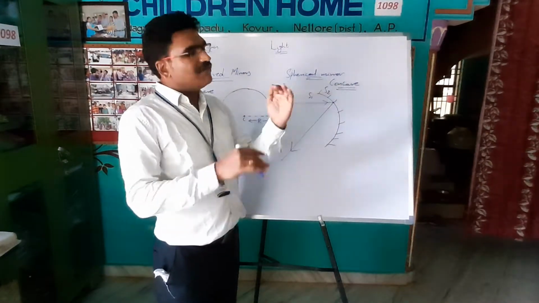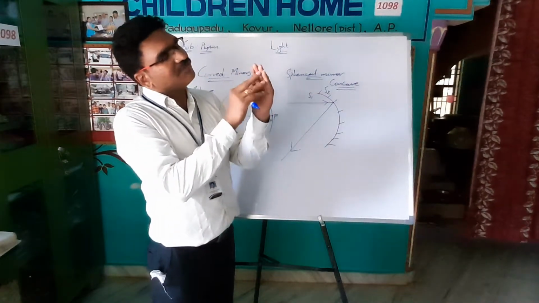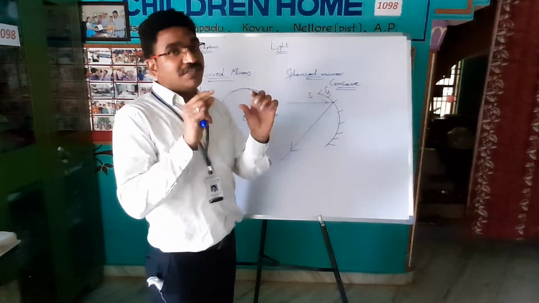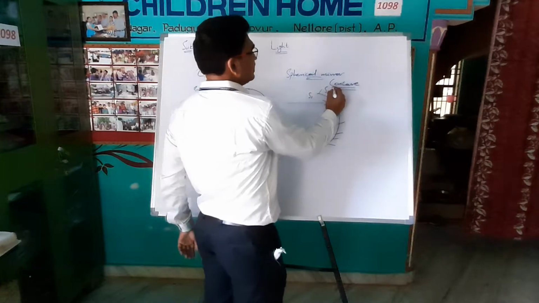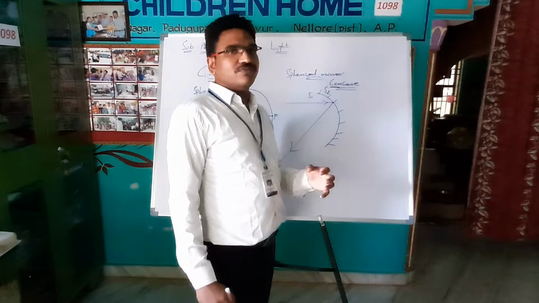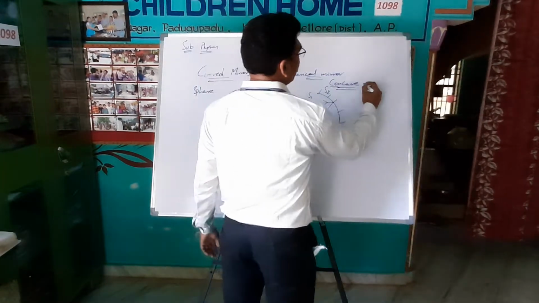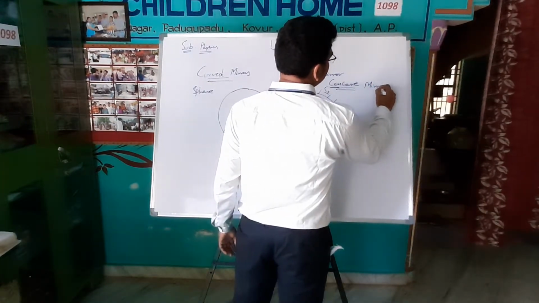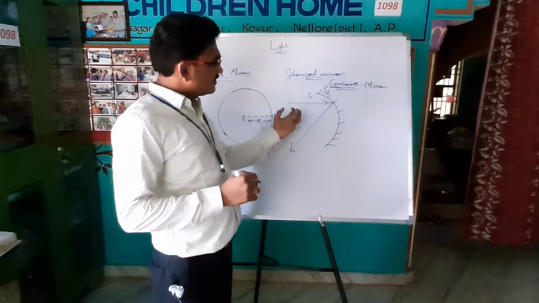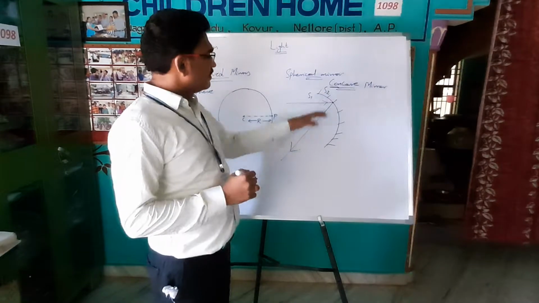What is the meaning of concave here? Cave is nothing but a caved surface, which is deeper, and con means with. So this is con, meaning with, and cave, with cave. So we can say this is a concave mirror. This is a concave mirror. So the reflecting surface is inside the sphere. Now it's a spherical mirror.